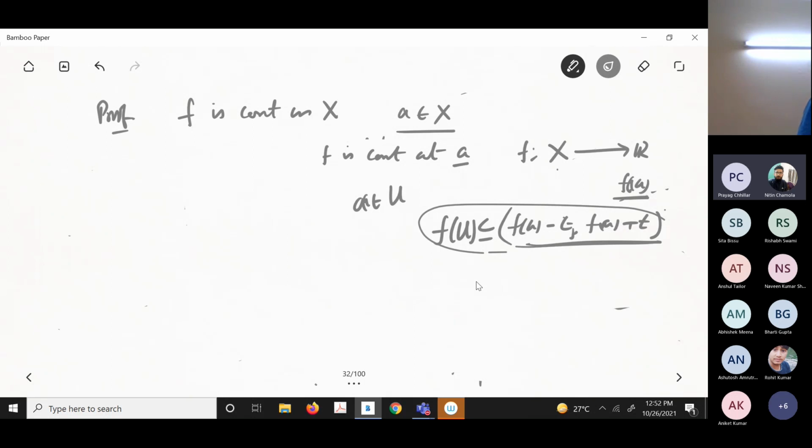First part and the third part. At the middle part, I am using the continuity of fk at a by this double star that I said. For two parts I am using uniform convergence and for one part I am using the continuity of fk at a. So you are getting just three options. That is the argument, nothing else.